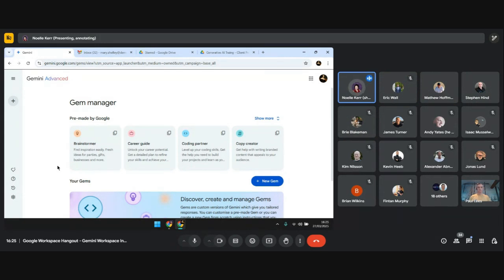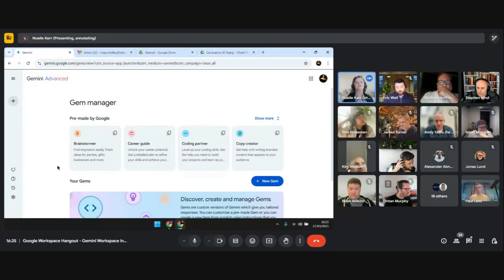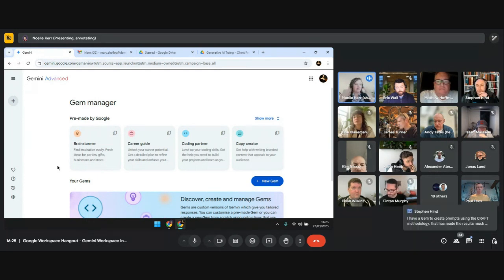that are not click a button, walk away, post the thing out. This is an iterative experience happening between you and the AI, and it's important that you are constantly reviewing it, checking it, putting your little tweaks and personality into it. But when I'm working with my little writing gem, it can get me a good 60% of the way, and I get my edits done. It essentially takes me from the hardest thing ever, the white page, up to a first draft of ideas. I can literally brain dump at it and get it into some kind of format for me so that I can then start to tweak and iterate with that.